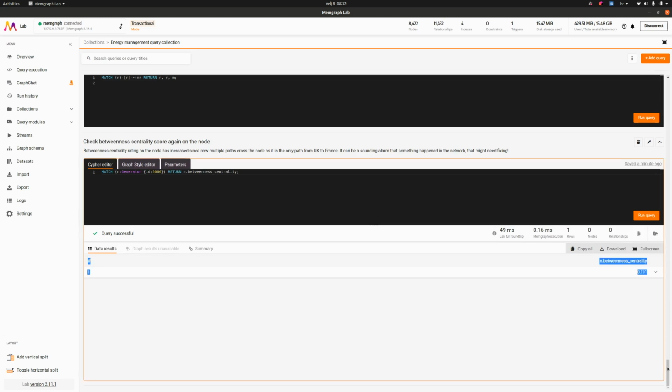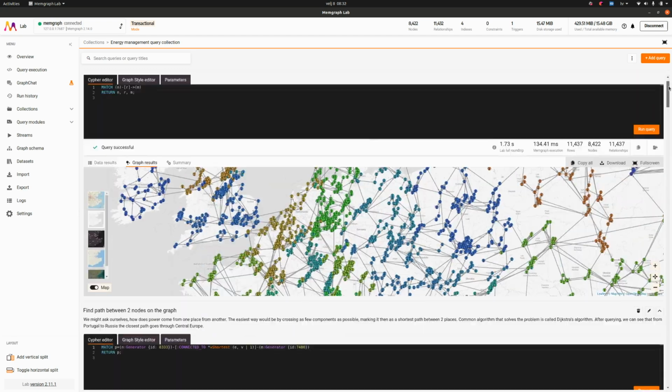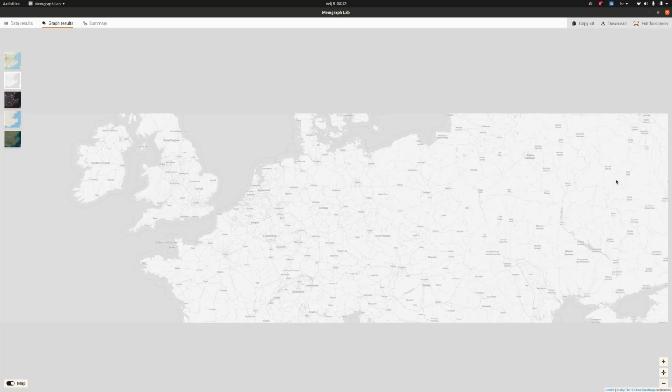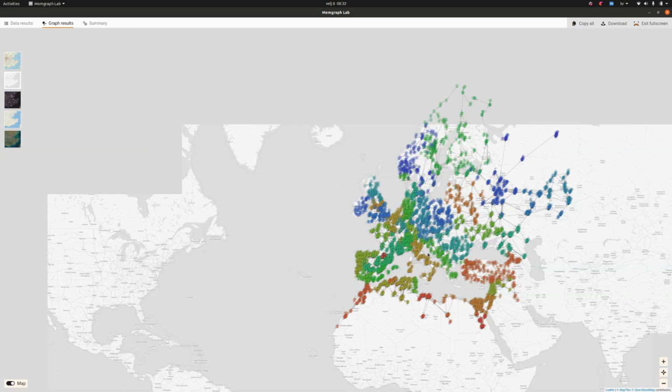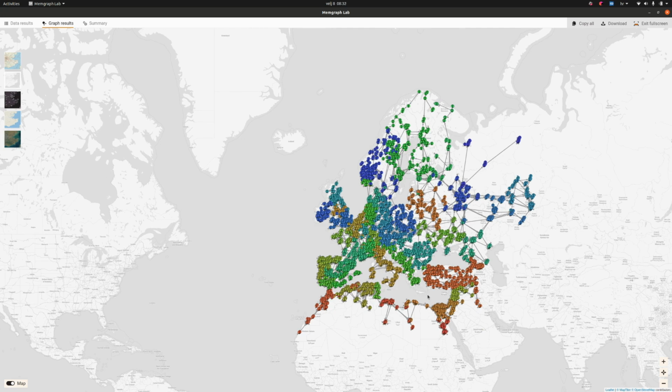So yeah, we actually come to the end of our data set. I hope you like this presentation about what Memgraph can do in energy management systems. I hope you'll gain new ideas about what you can do to, I don't know, even to check connectivity in your graph, to check supply and demand in your graph, to balance things in your graph, to do traversals, to do algorithms, yield new things for your business, and yeah, hope you gained some knowledge from it,